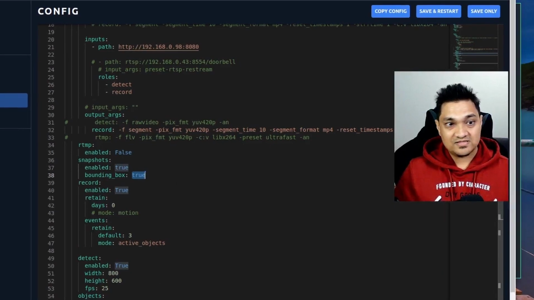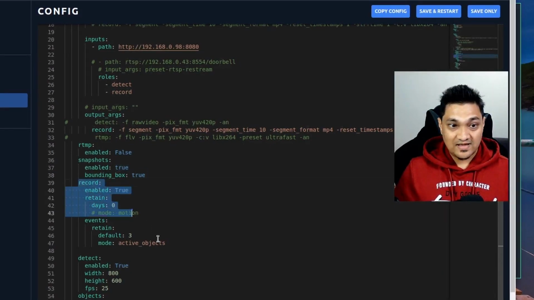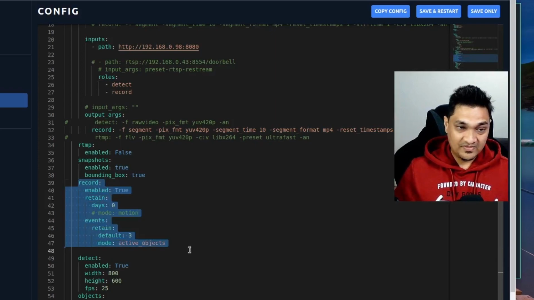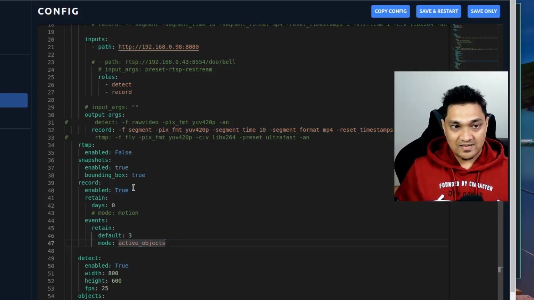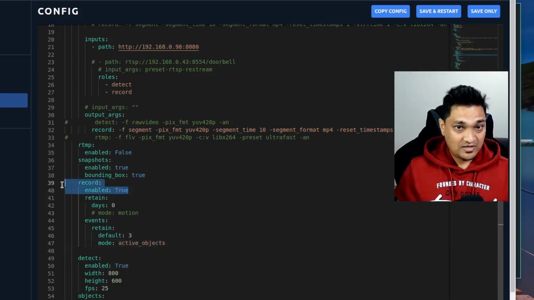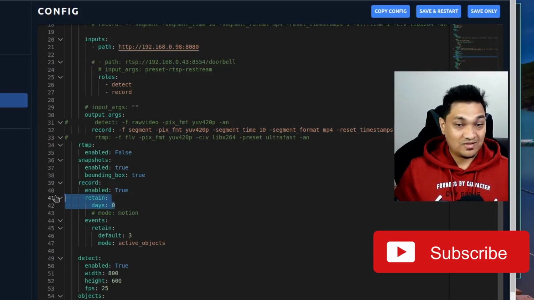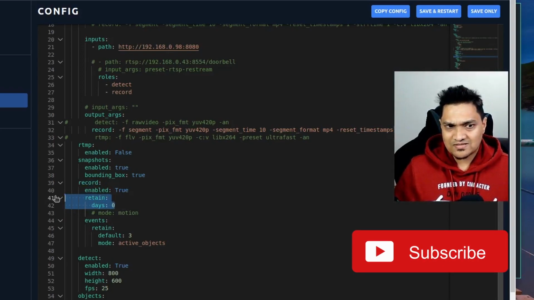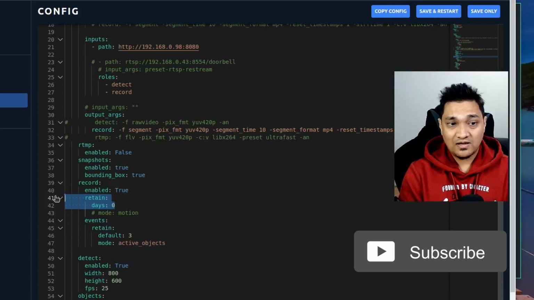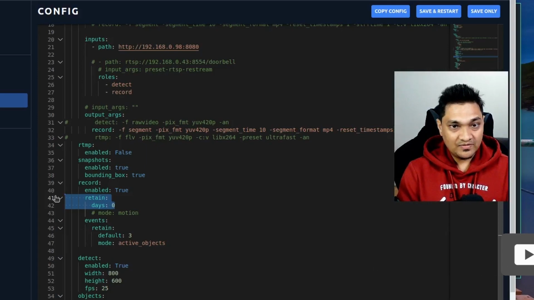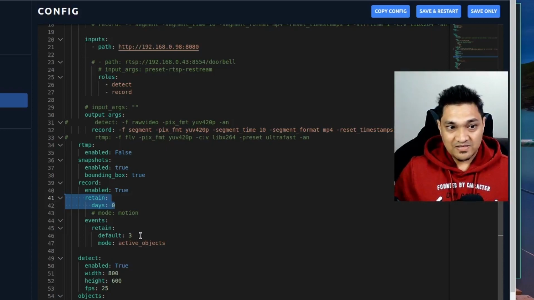Now, along with this, we have the record settings. This is something very important here. In these record settings, I'm specifying first of all to enable recording by default. And then I'm specifying that the retention should be 0 days. So when I'm specifying retention of 0 days, what does it actually mean? What I'm saying here is that don't record the feed continuously. I don't want the continuous feed to be recorded, but I'm specifying here that for the events,